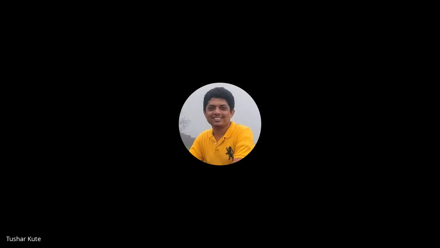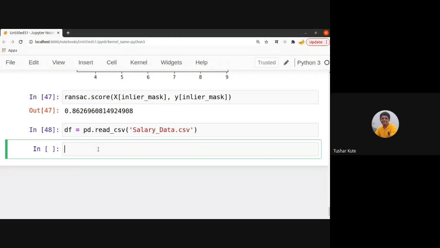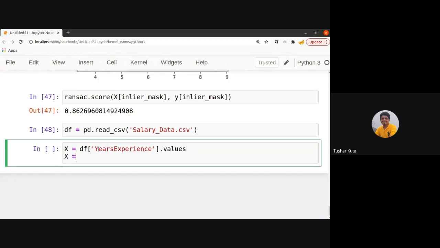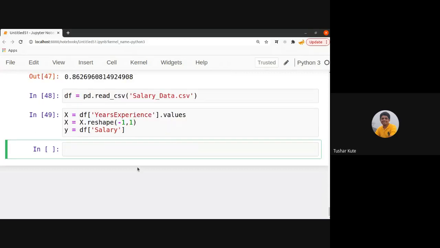See, the example that we have seen for linear regression was the salary data. If you read this data of salary with pd.read_csv, the salary data, I have the input as df of years experience dot values, and y is equal to the salary.